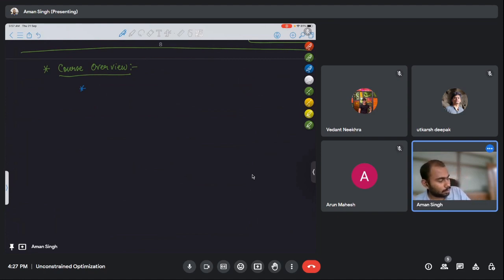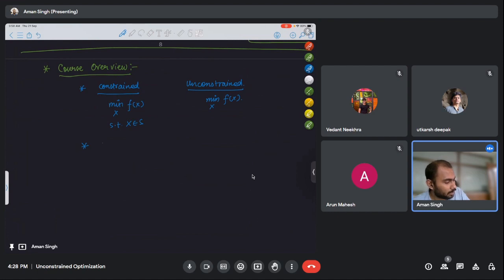like, let's say, constrained and unconstrained problem. Basically, this is minimize over x f(x), x belongs to S. And unconstrained means x